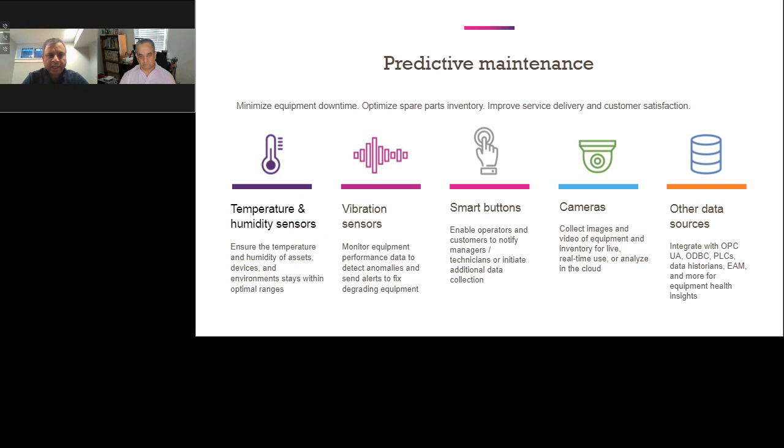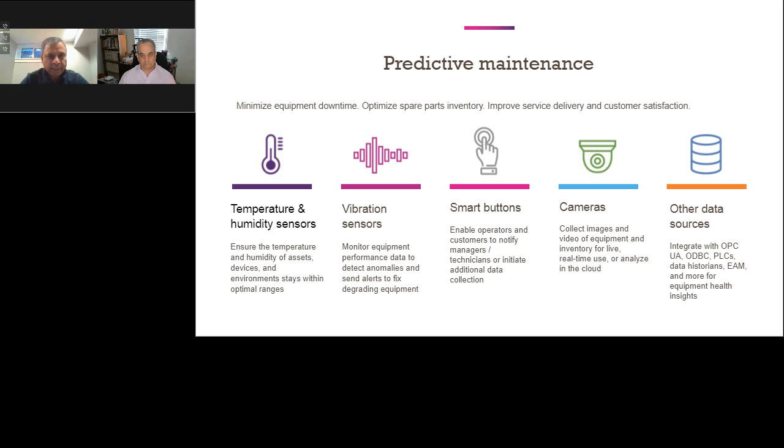Another thing that we are looking at is predictive maintenance. We are working with a very large service provider who does post-purchase services in the industrial space, where we are looking at vibration sensors. For example, if you are running a generator, there's a certain kind of vibration that can tell you that the generator is going to break, or a compressor is going to break. By installing these kinds of sensors, you can get the signals into your IoT solution. And these are the things that we have integrated in our system.